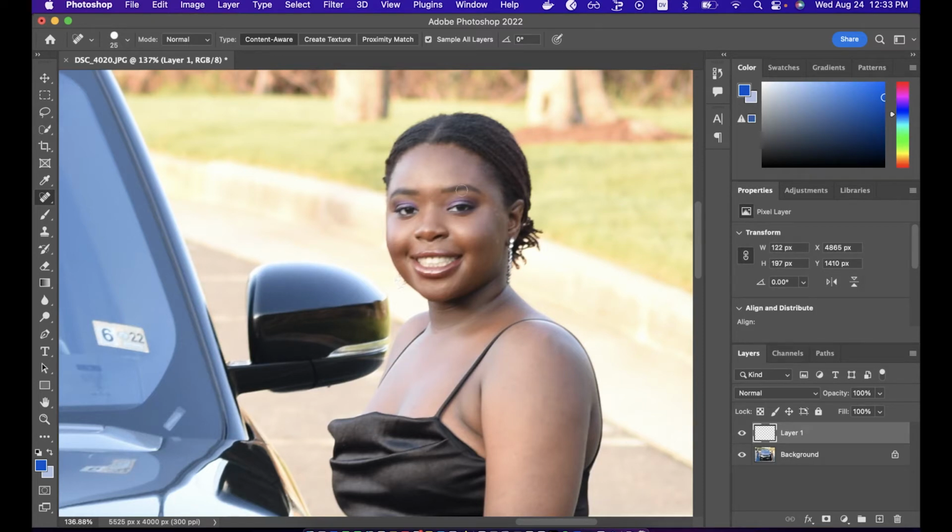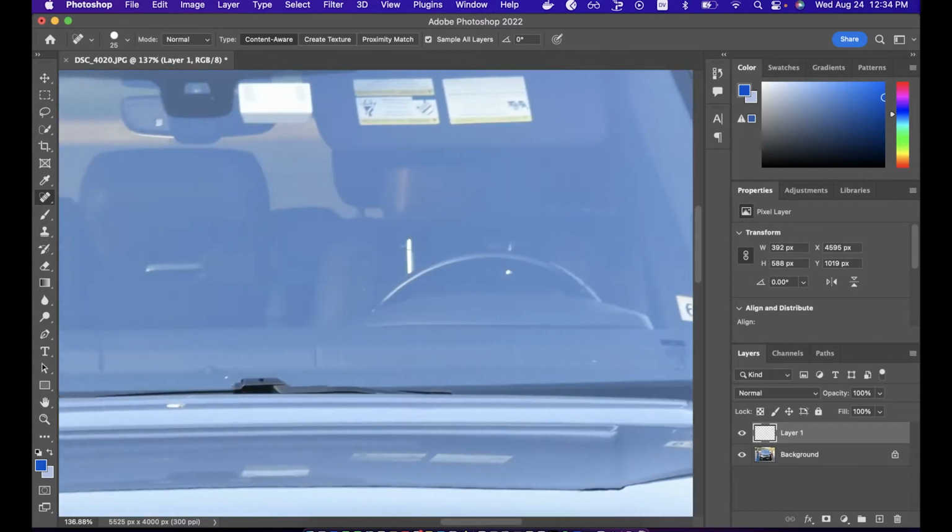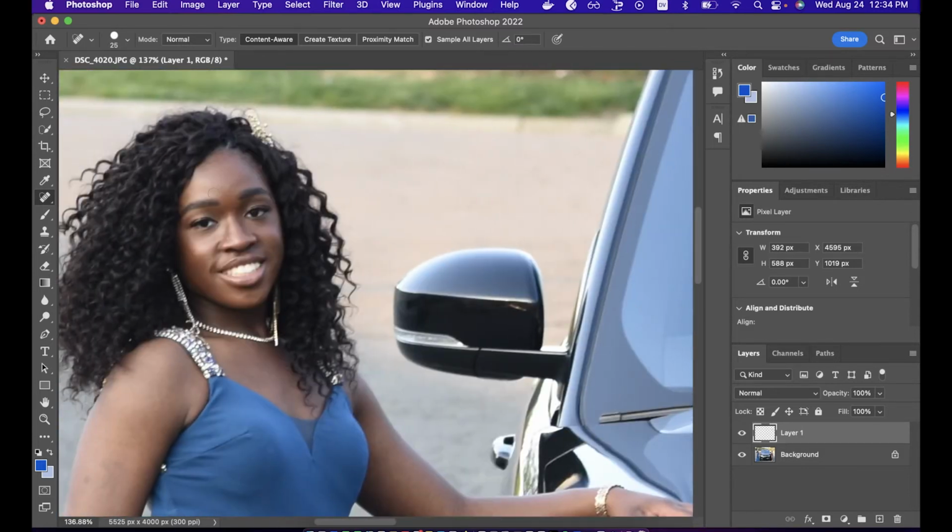Another big thing I'm going to be showing later in this video is the lighting. And both their faces, obviously they're both very beautiful, look great here. I'm going to Control Z because I didn't like how the spot healing brush did that. And you can press the bracket keys to make the spot healing brush bigger or smaller if you don't